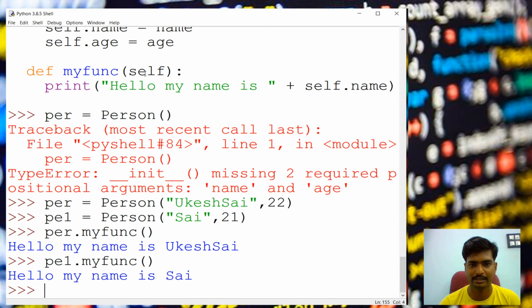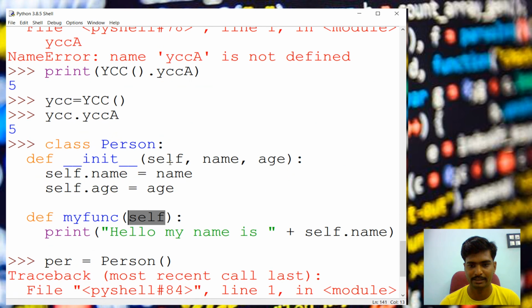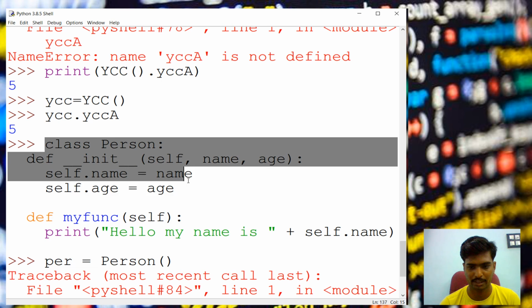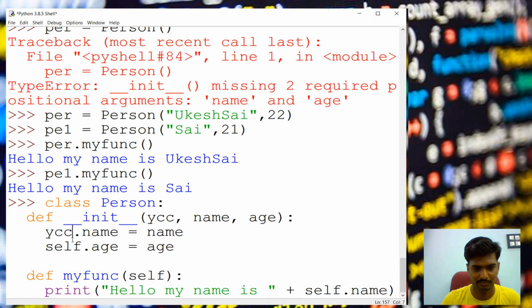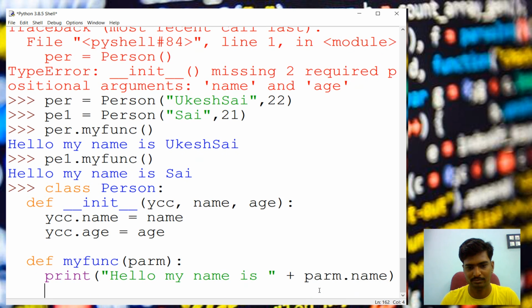As I said, self must be there, but the name does not have to be self. I can redefine the class now with YCC, and we will see whether we get an error or not. Or we can make it something like param. Now you can understand the difference.